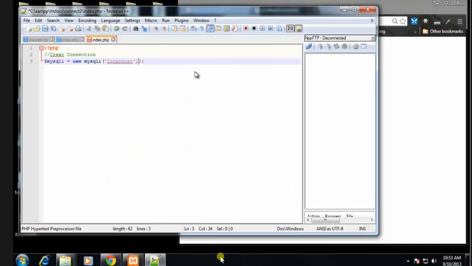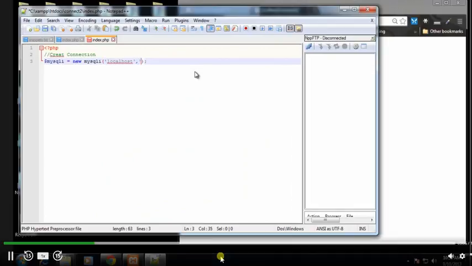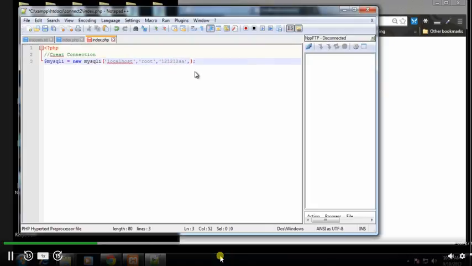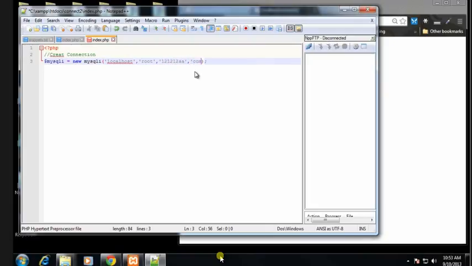localhost, root, password, and the database name, which is company. Alright, so that's how we do that. That's how we create a connection using objects, or object-oriented programming. Next we want to check the connection,